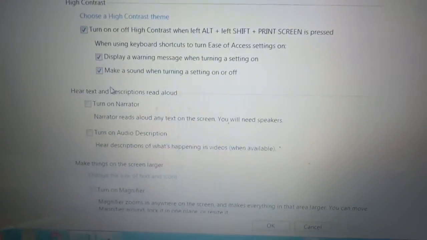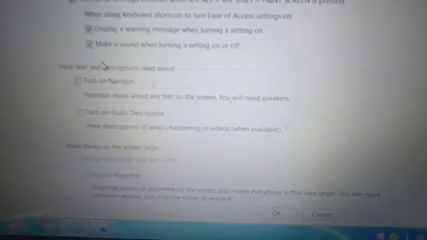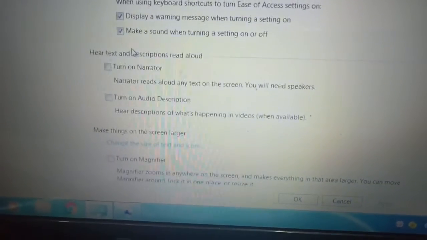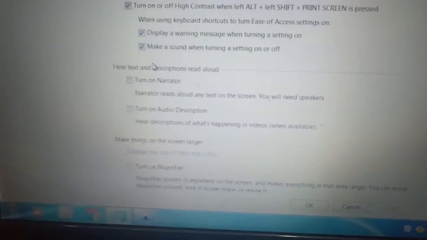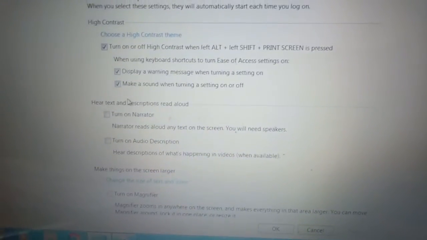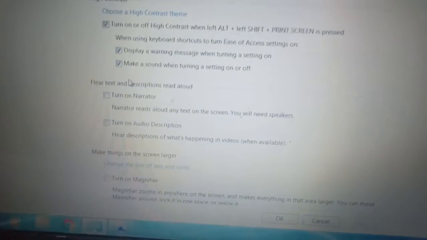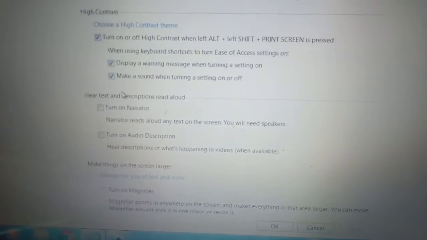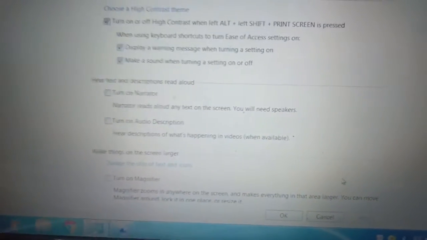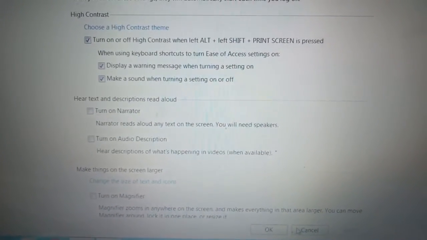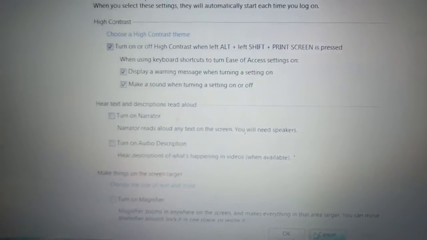You can change the contrast, you can turn on the narrator, you can turn on the audio description, you can change the font and text icon, you can also turn on the magnifier. So all these options are again used by visually impaired people who want to use the laptop or the computer but are unable to see everything on the system as we can. So these options can be used.